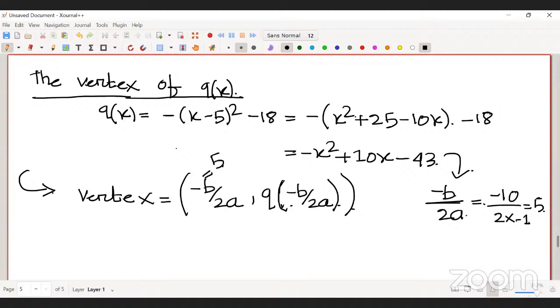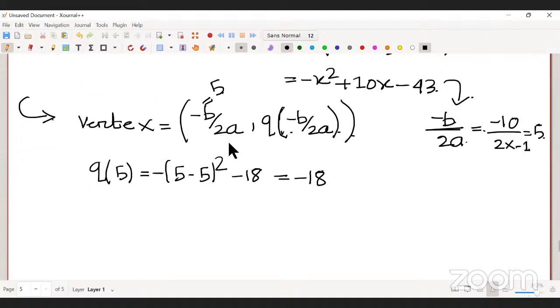So the next thing we need to do is find the value of q of 5. So q of 5 is basically minus 5 squared minus 18, which is nothing but minus 18. So we have calculated the vertex of q of x: it is 5 comma